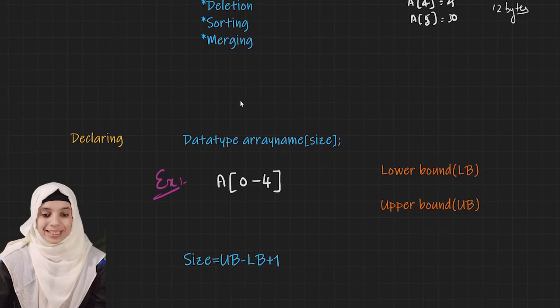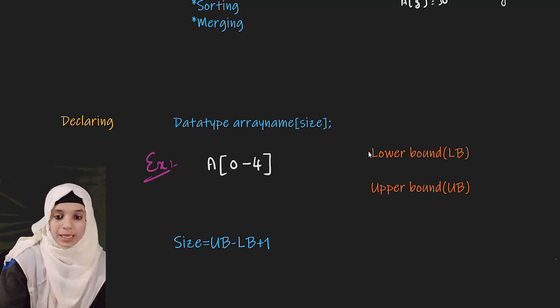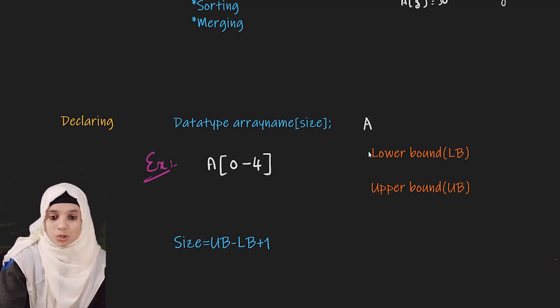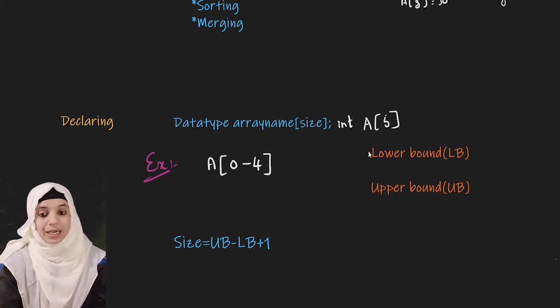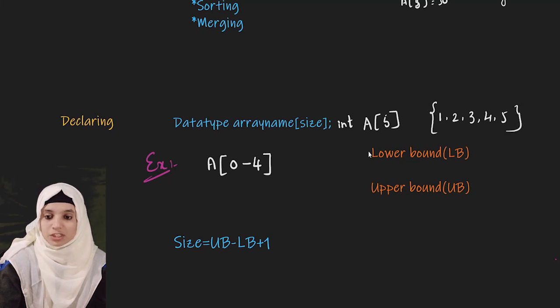Now let's see how to declare an array. So this is a syntax of declaring an array. So first is a data type, array name and size. So how it will be, like suppose if I take A as my array name, so this is my size as 5, the data type can be int, in the sense what are the elements we are going to place in the array A will be of data type integer, like we are placing 1, 2, 3, 4 and 5. See, all these 5 elements are of what type? It is of integer type.